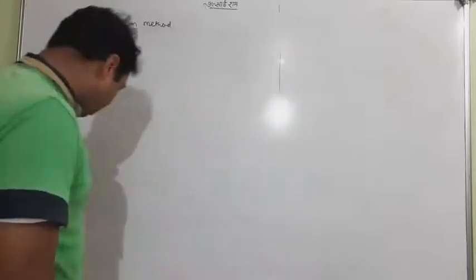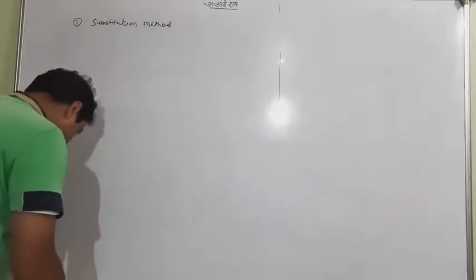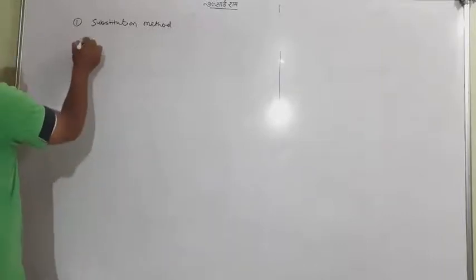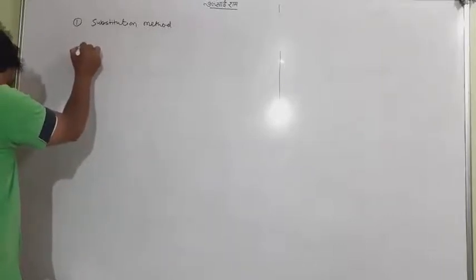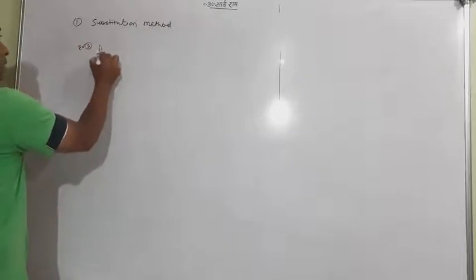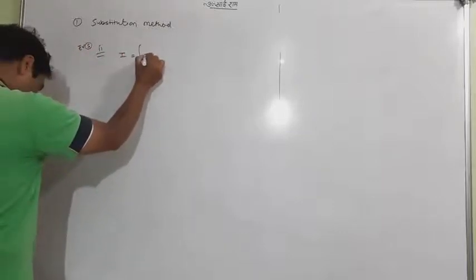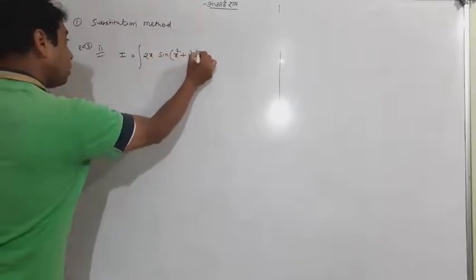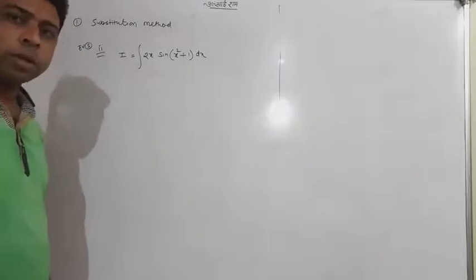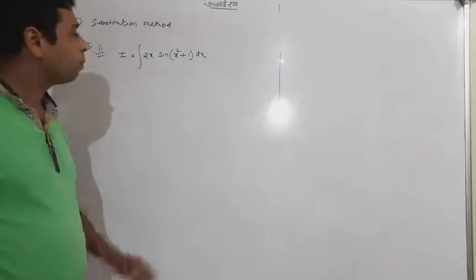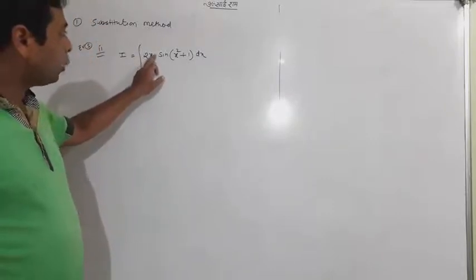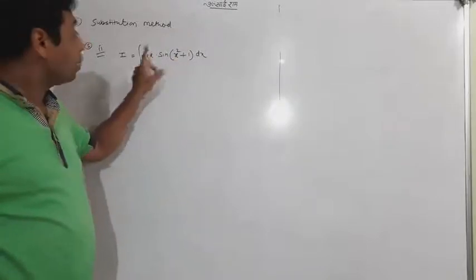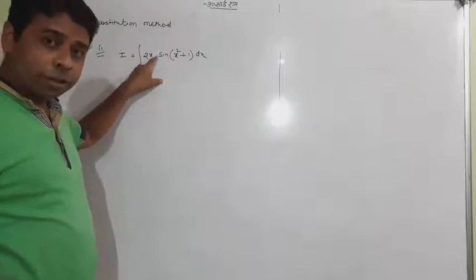Now look at them and try to understand. So one question I want to take here. Suppose the question is example number 5, under this we have a second example: I equal to integral of 2x sine of x square plus 1 dx. Try to understand what I am telling you. We have 2x multiplied by sine of x square plus 1, where x square plus 1 is an angle. We have 2 functions in a multiplication.